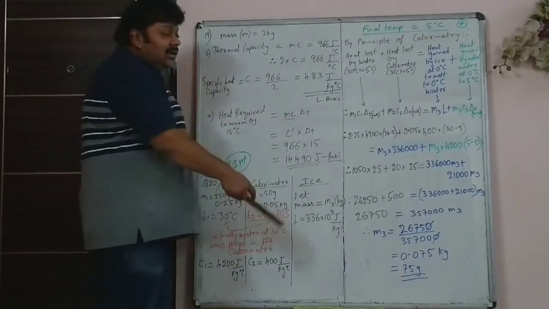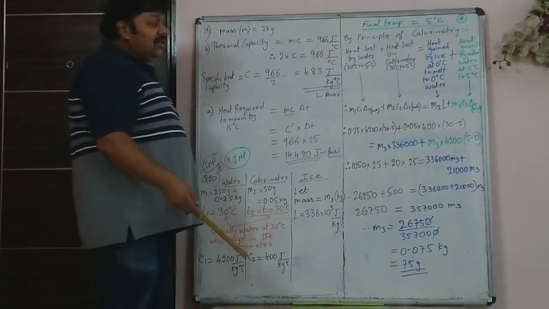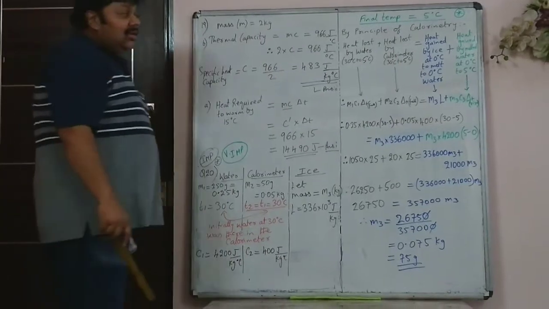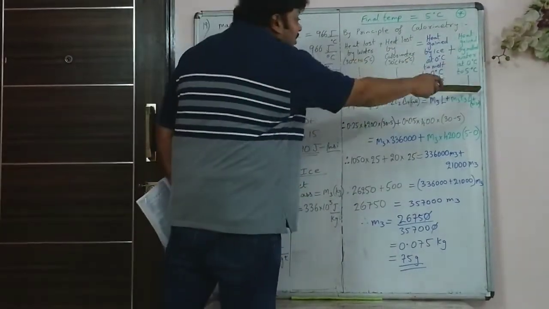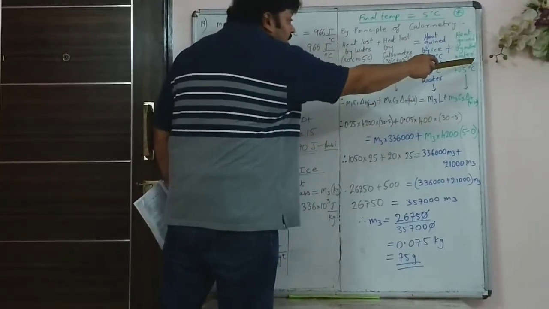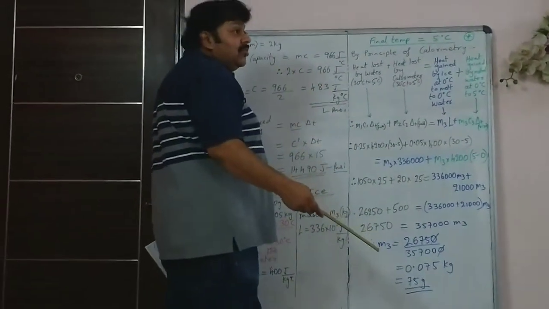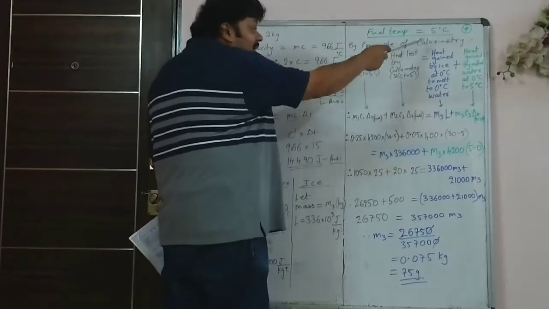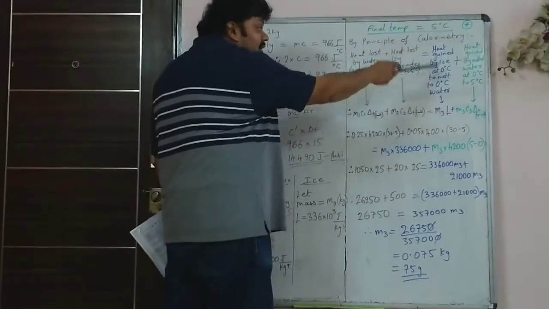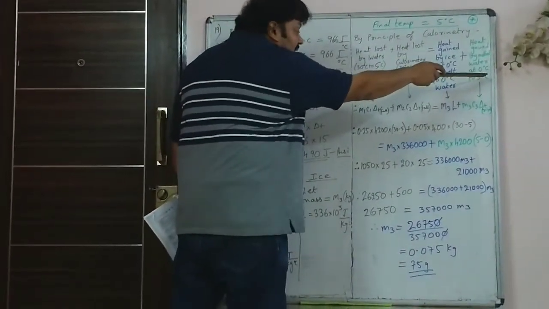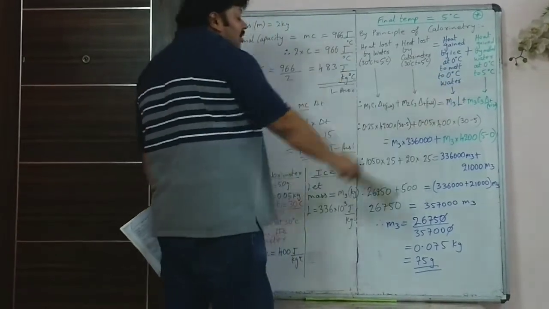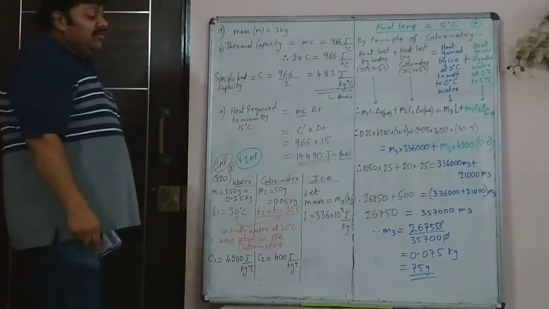Something like this will be asked either in my test or in the school exam. That's for sure. Because here, many of you miss out on this part. 0 degrees Celsius to 5 degrees Celsius also ice will increase temperature. It's not just ice melting. Most of the sums were ending here. But here, since final temperature is 5, you have to account for that rise in temperature.